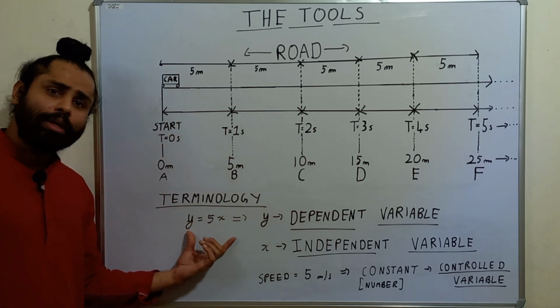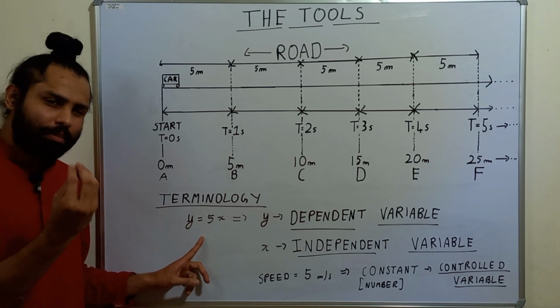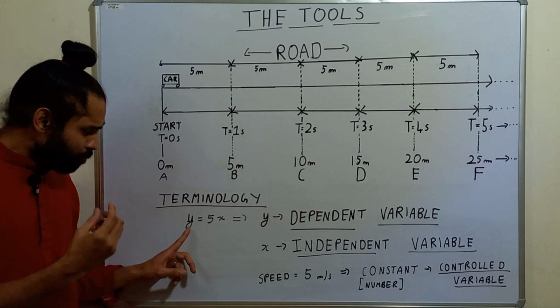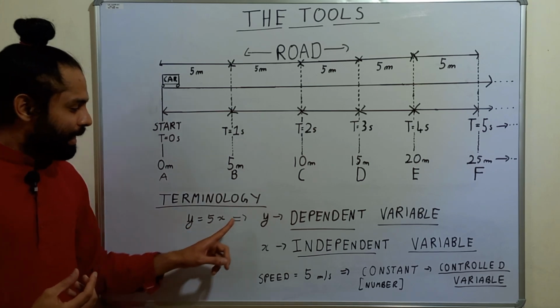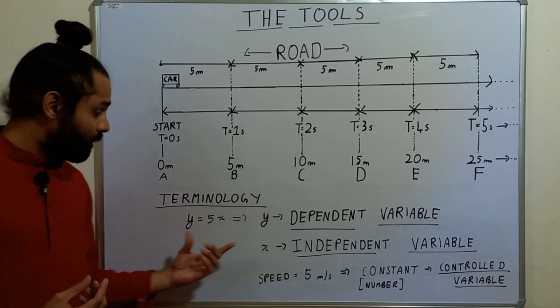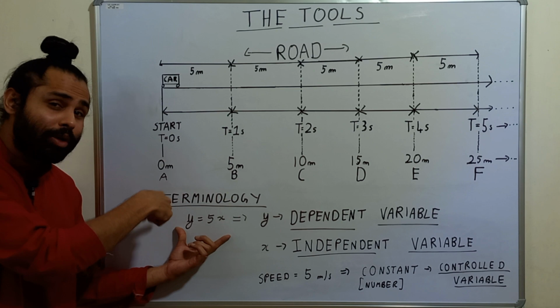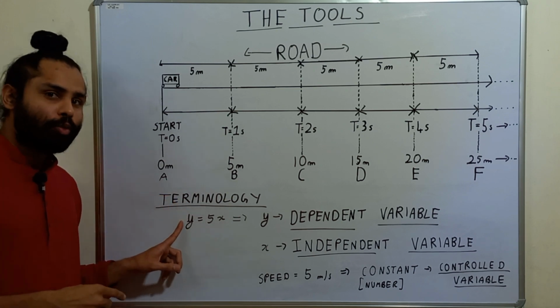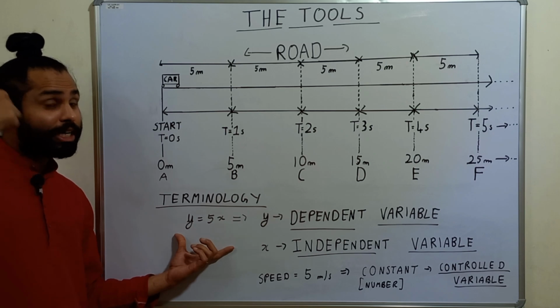Now coming back to our equation, y equal to 5x. Now we're going to give some important terms to each of the characters in our equation. This y, when you use the equation in this form, how does this equation work in this form? We don't start with y. When I write the equation in this form, what do we do? If you look at the first example of our prediction case,